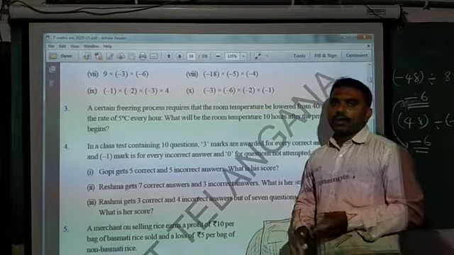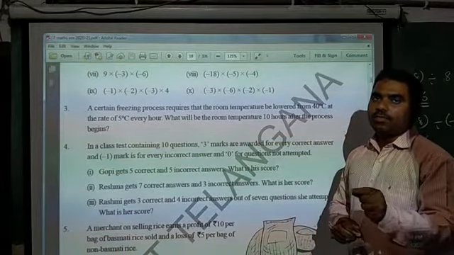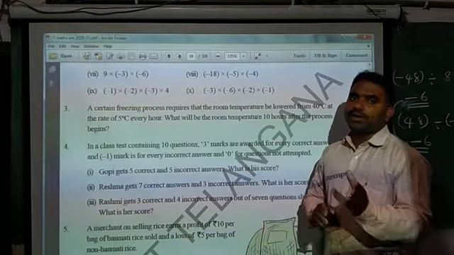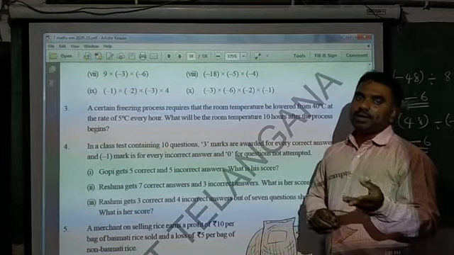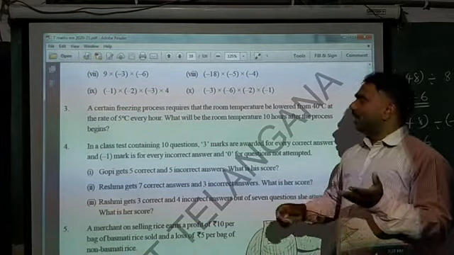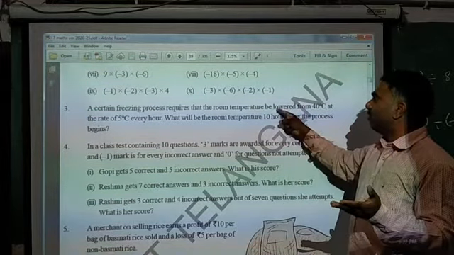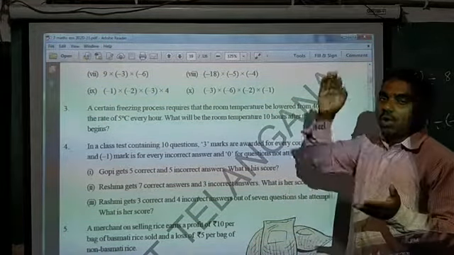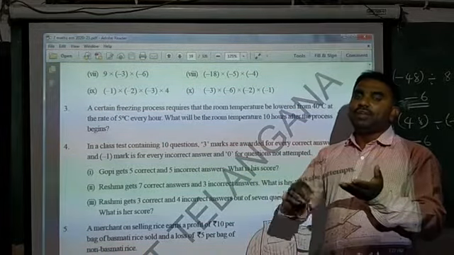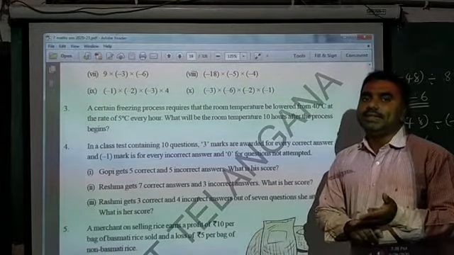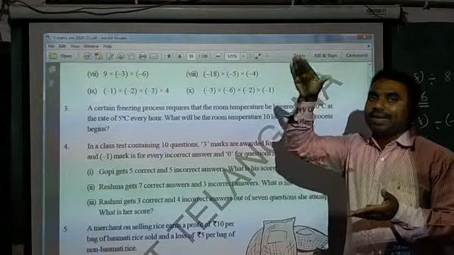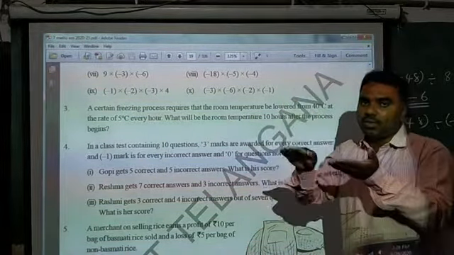So first of all, you try to understand, in a room the temperature is 40 degrees. What is happening here? The temperature is going to be decreased. How can I say decrease? Here you see, lowered from, lowered. Lowered means what is the meaning of lowered? Decreasing. The first temperature of the room is 40 degrees centigrade. From that 40 degrees centigrade, the temperature is going to be decreased. Lowered means the temperature is going to be decreased.